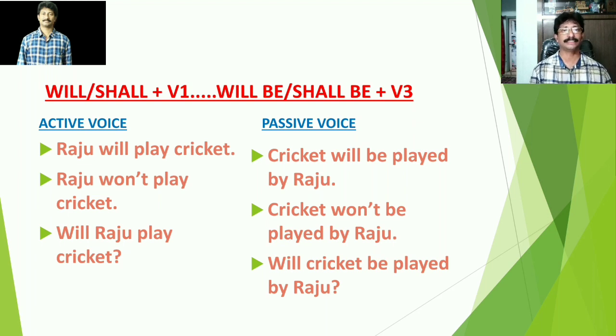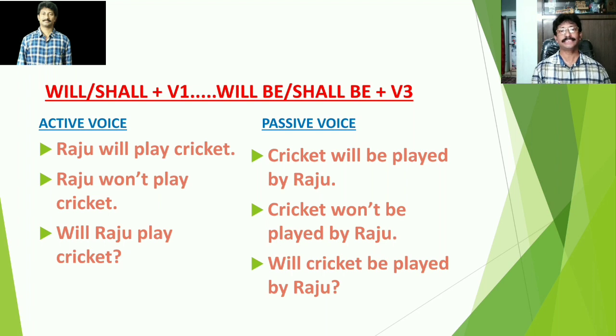Look at the sentence here. Cricket will be played by Raju. What changes have been done here? Subject becomes an object and object becomes the subject regularly. Then the subject cricket is followed by will here and will is further followed by be form, be. Why have we incorporated be here? Because the structure suggests us to add be here. Then be is followed by third form of the verb V3 and which is further followed by fixed preposition by and then object Raju. Cricket will be played by Raju.